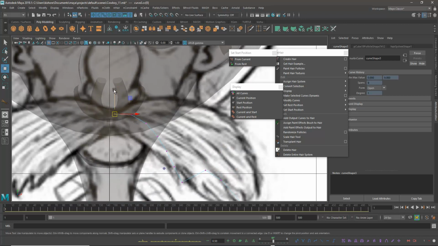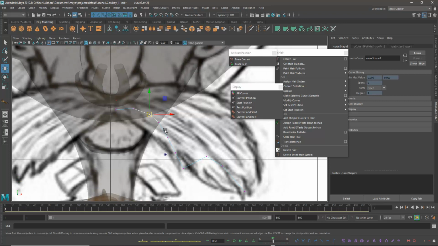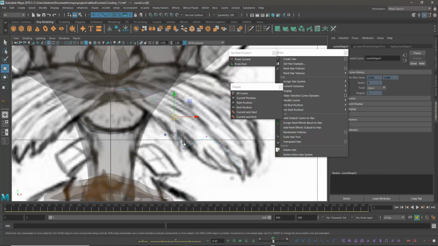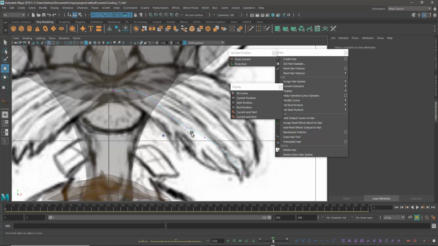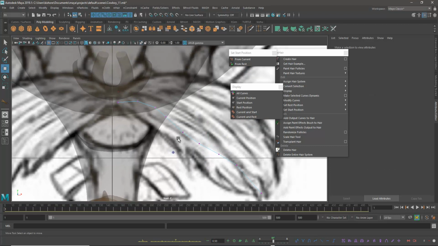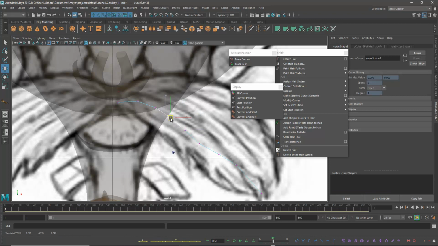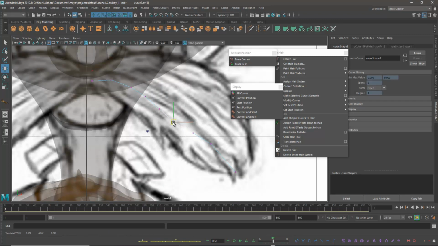So I'm placing here, placing here, here. You can also delete if you don't need more vertices. So this is just the basics only.